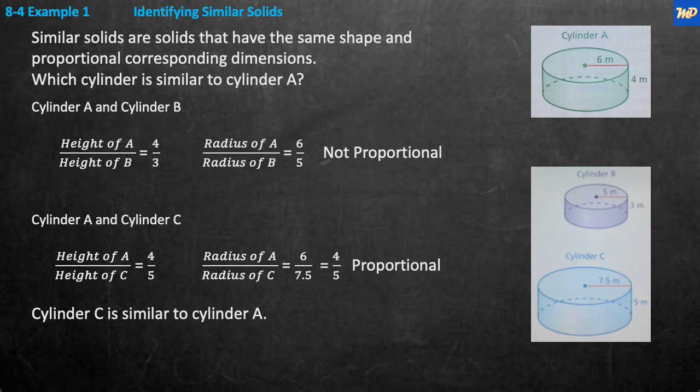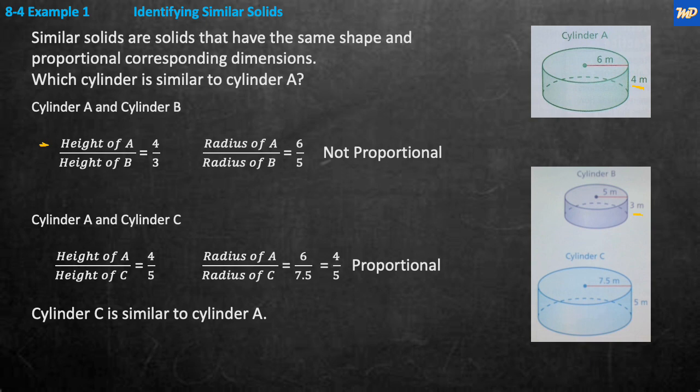In order for them to be similar, according to the rules here, they have to have the same shape and proportional dimensions. Whatever you're measuring, one against the other, those fractions have to be the same. So let's look at the first one, cylinder A and cylinder B. Cylinder A has a height of 4 meters, and the height of cylinder B